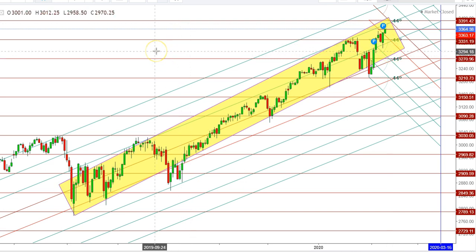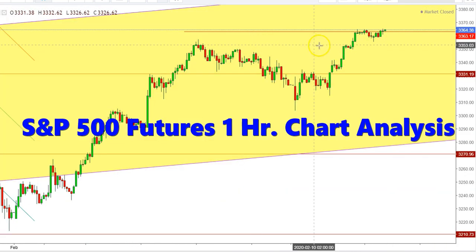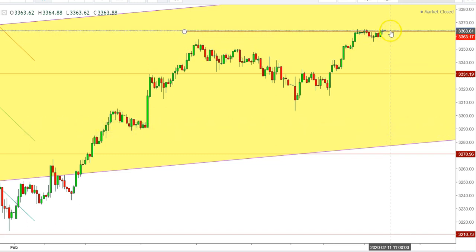Let us see this chart in an hourly time frame. Here you can see that the S&P 500 futures have been constantly facing stiff resistance at the levels of 3363, where I find that selling seems to continue above this level, which may push the S&P 500 futures towards the levels of 3330. Within the next few hours, we will see the S&P 500 futures find a good support at the levels of 3303, from where they may take a bounce back up to the levels of 3330.